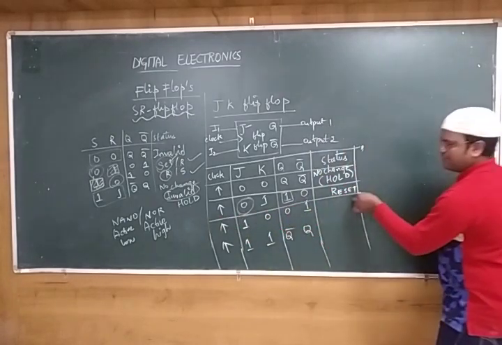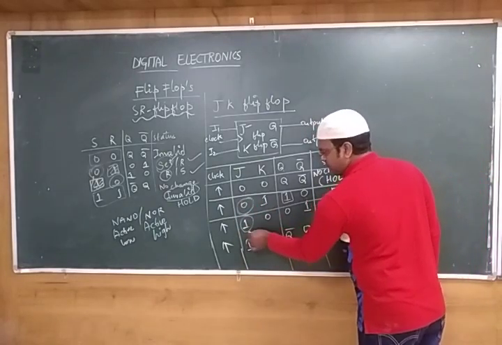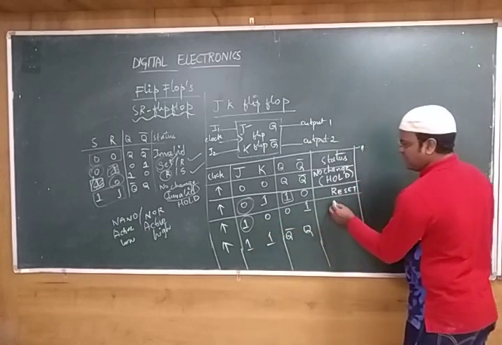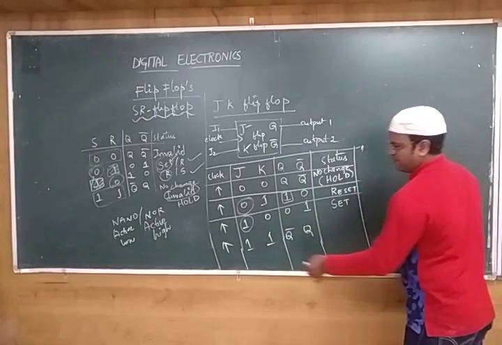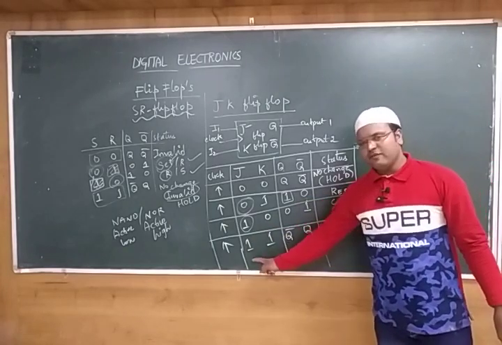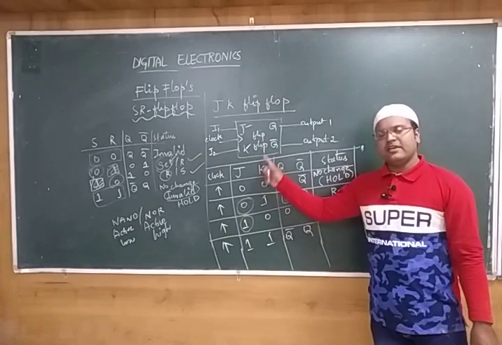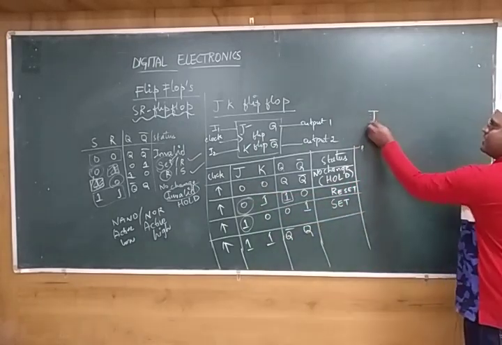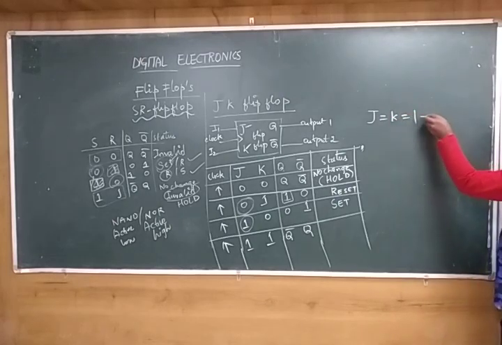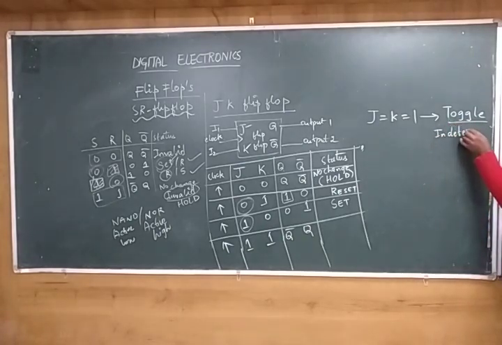This is reset. Now similarly, look into the J value again. J is 1, right? So J is 1 means it is called the set state. Now similarly, when both are 1, 1, the same problem arises here. When J equals 1 and K equals 1, that means J equals K equals 1, the state of that is called toggle here. Because it is going to find an indeterminate state, meaning it is not going to determine the state.